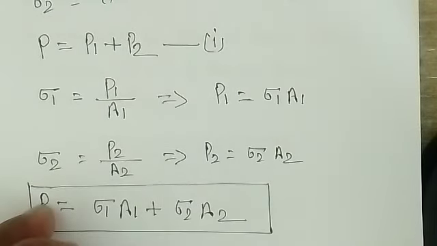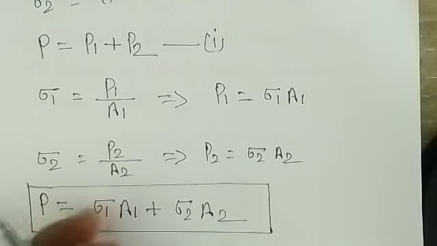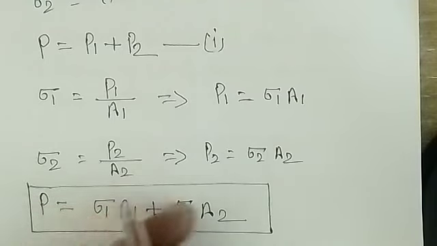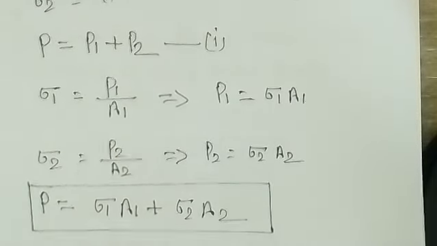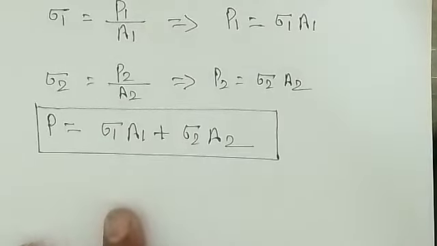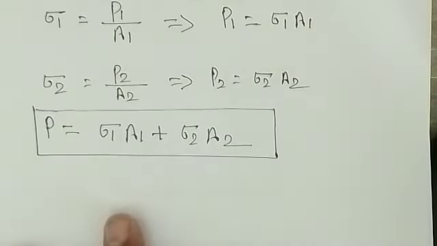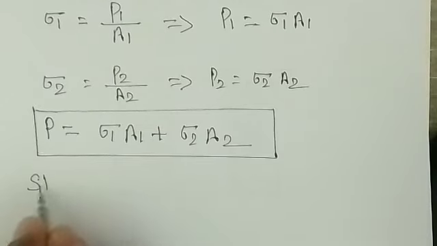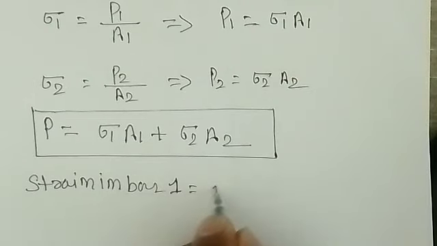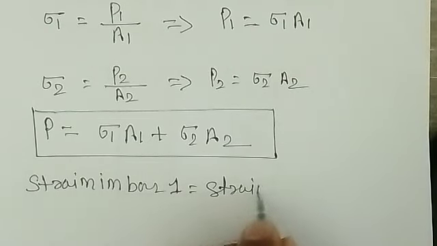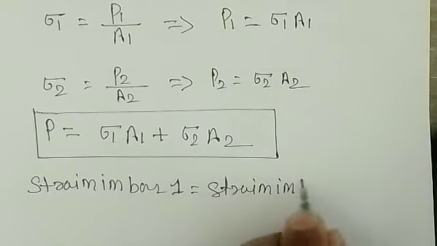If the load is not given, you can calculate the total load on the composite bar, okay? And if the load is not given in the different bars, you can calculate by using this. Second condition is what? The deformation per unit length is equal, that is, the strain in bar 1 is equal to the strain in bar 2. So the second condition, you can say that the strain in bar 1 is equal to the strain in bar 2,